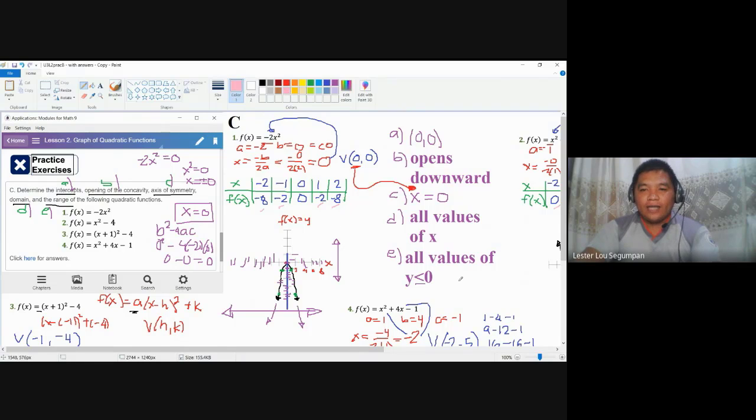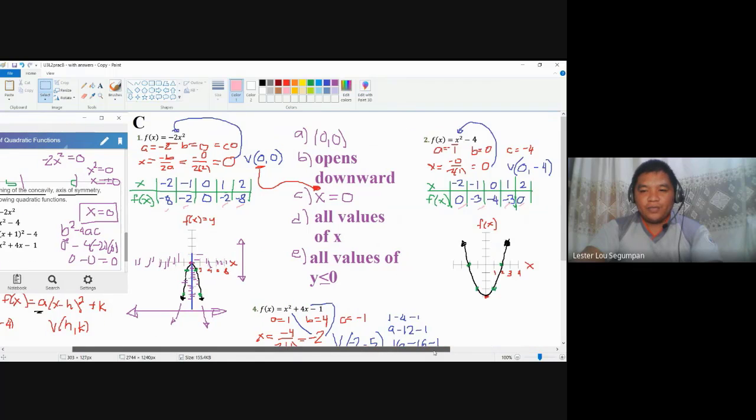If you're still going to add something, you can determine the maximum and the minimum value for y. The maximum value of y is at 0, but the minimum value of y, as it extends here further, is actually negative infinity. These are just additional. It may or may not appear there, so let me just remove it because that is not as asked here. So these are the items for the analysis for the number 1 graph.